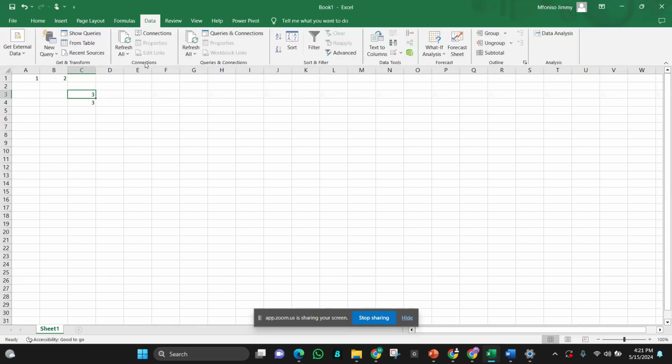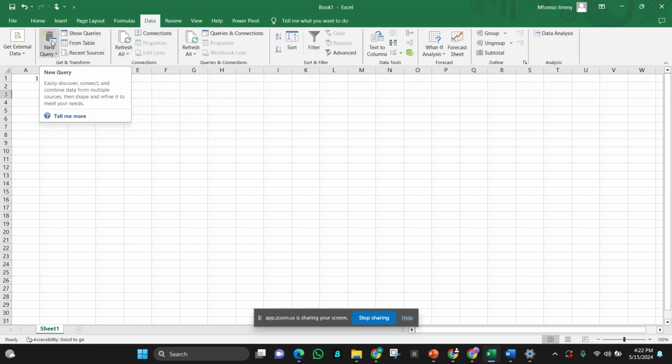Then this is the data. This is the most complicated part of this Excel. It has to do with the connections of data from other tools. It has to do with the query.